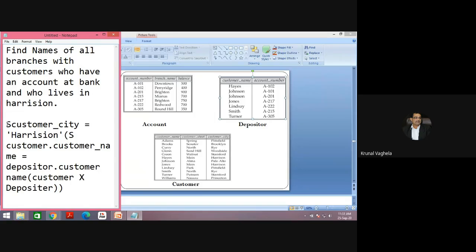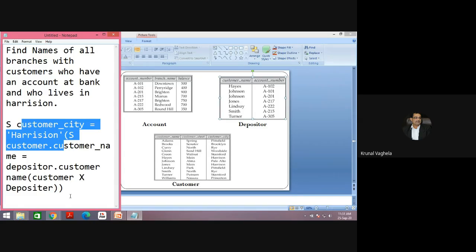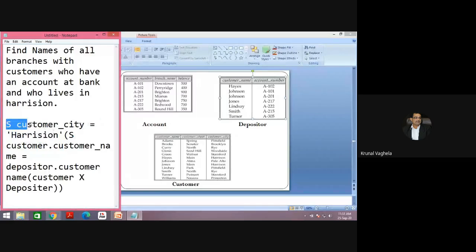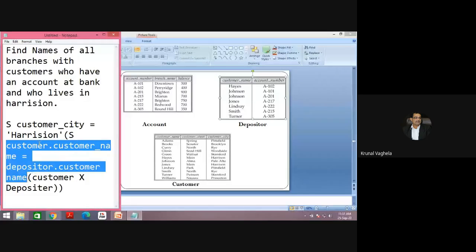Now you can put this filter first also. For example, I will put this filter here and this filter then. The benefit is that when you are doing the Cartesian product, it will only do the Cartesian product where the customer city is Harrison. So it will save your space and processing power.